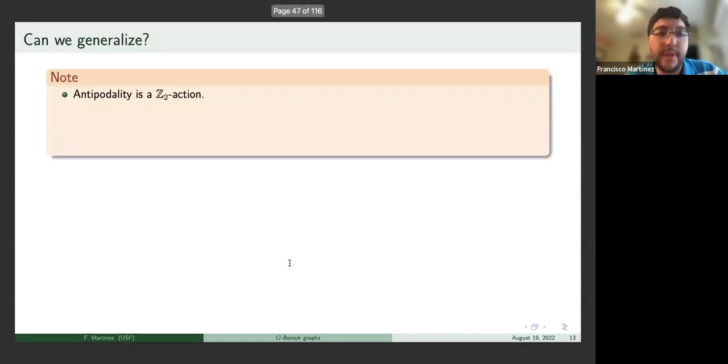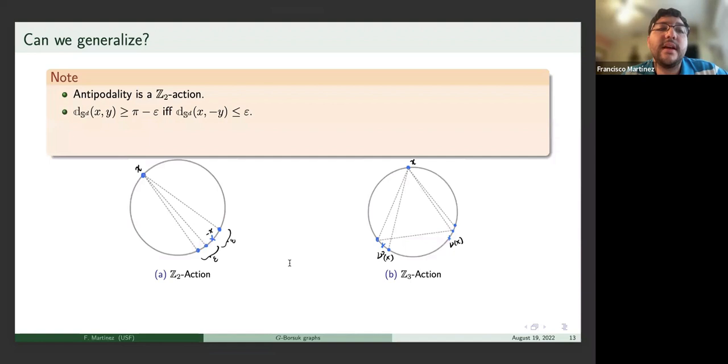And what we realize is that antipodality is actually a C2 action, and this property that the distance between x and y is greater than pi minus epsilon is the same as saying that x and minus y are within epsilon distance. And just by realizing